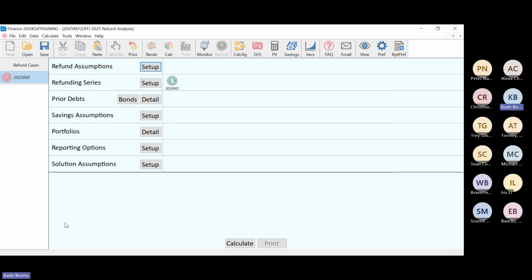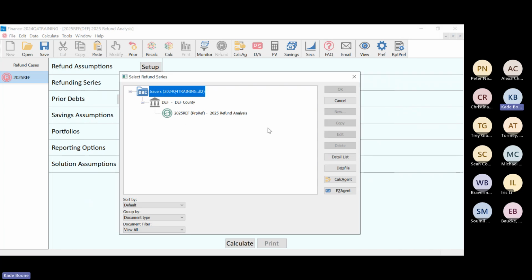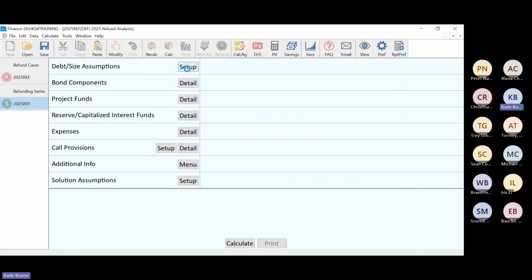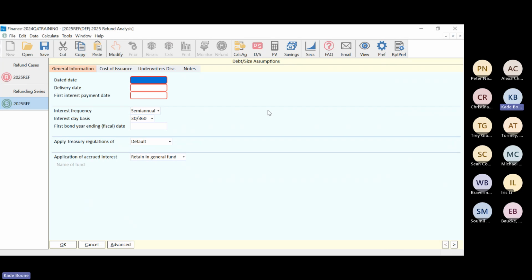And let me just, sorry, I'm going to get out of this. Okay. So if you haven't created a refund case at this point, there's no point in creating a proposed refunding series first. Because if you do, then you have to go in here and select whatever other proposed refunding series you've already created. So I'm going to go into the proposed refunding series. This is the refunding series information, right? So we'll kind of stick with this